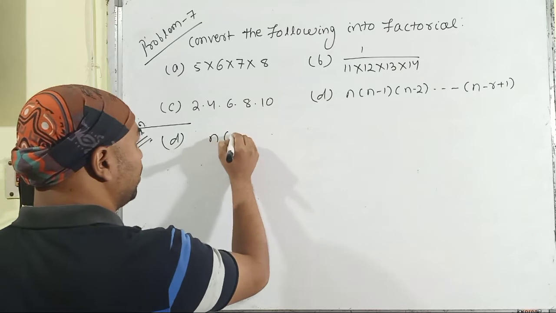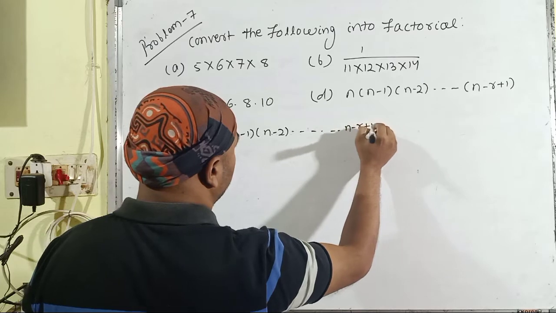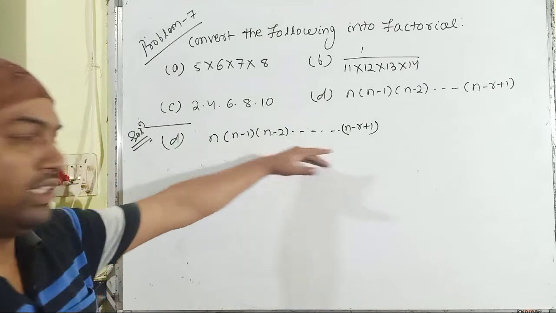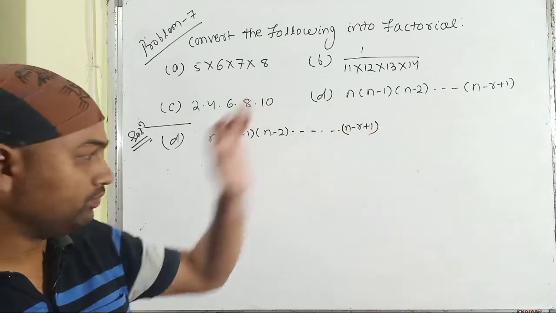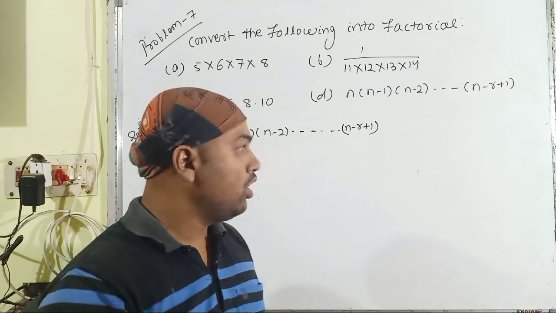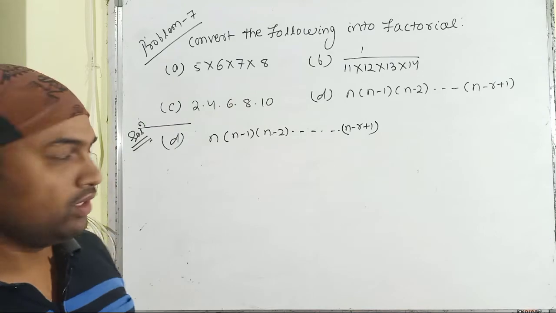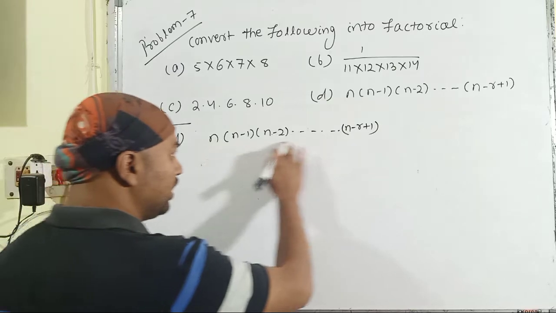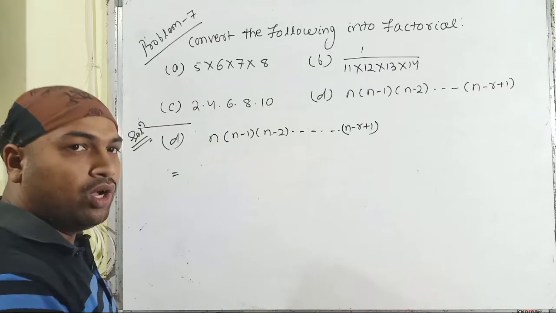It is given that the multiplication of n minus 1, n minus 2, n minus r plus 1. You can say that all of the numbers are in decreasing order and they are continued products, consecutive numbers. But we have to express all of the continued product starting from 1 up to the last number, and it has not been in that form. So as it is in decreasing order, we have to continue this order, decreasing up to 1.